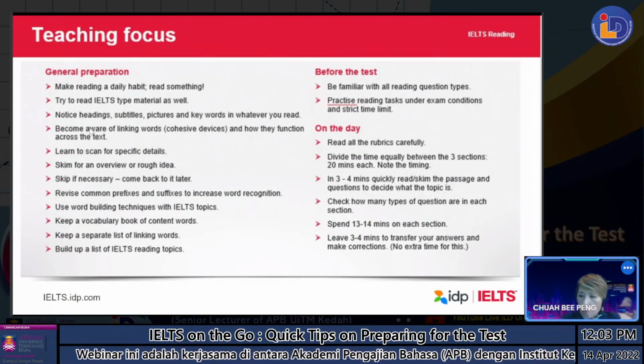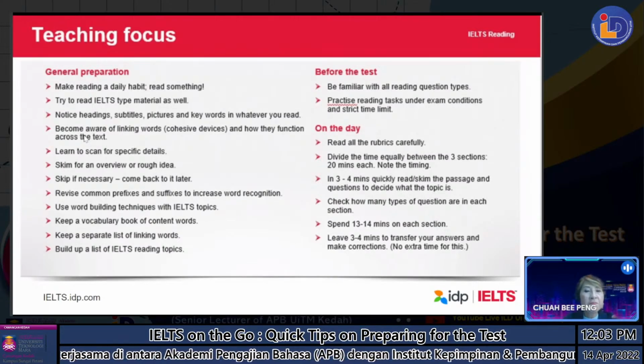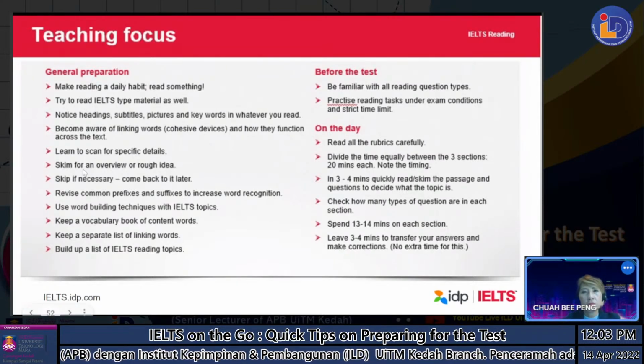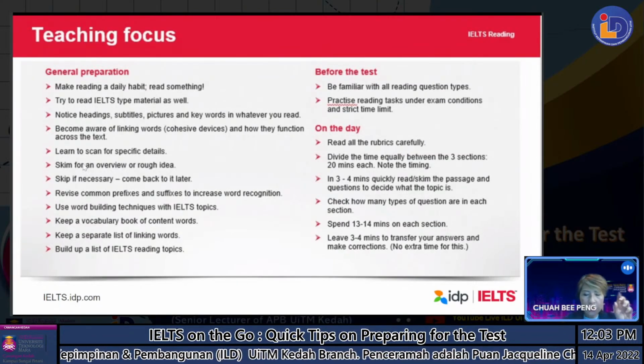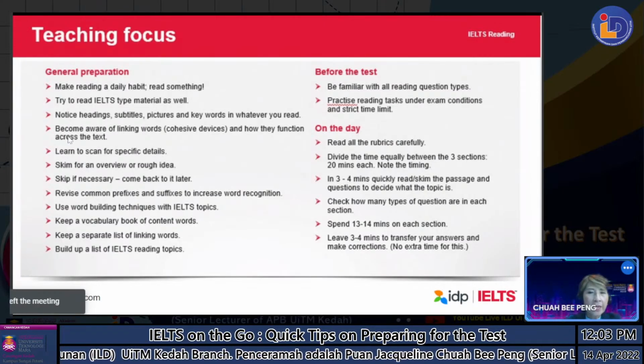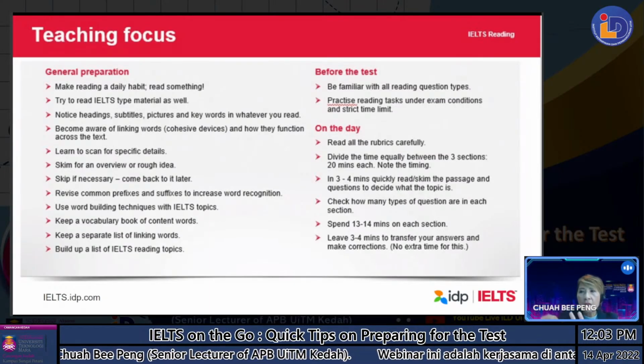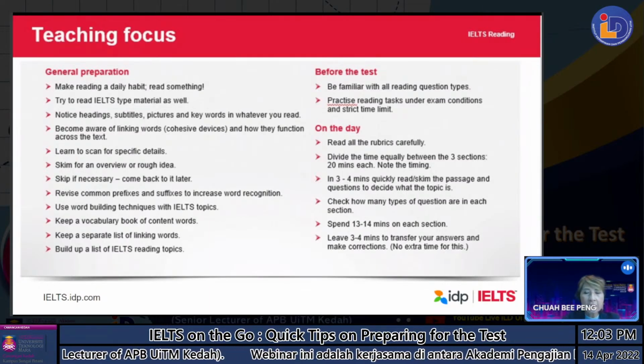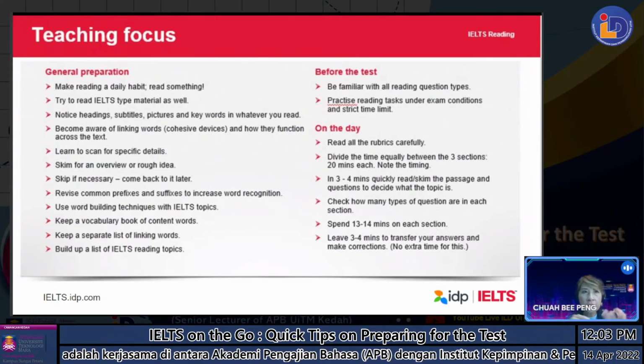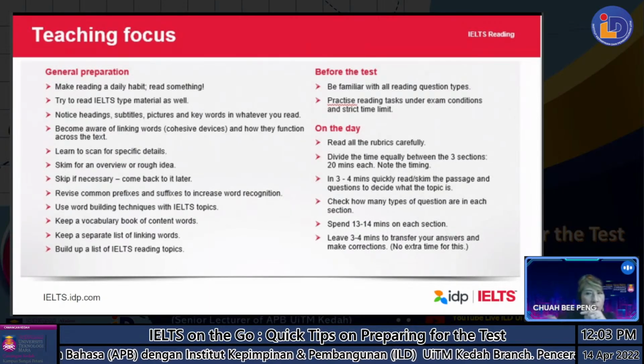That means you look at words or phrases that appear many times in a passage, again and again. That would also tell you that it is important. Become aware of linking words and how they function across the text, especially words that signal a change in the argument. For example, they say yes in the first instance, and after that say however, then you know that this is something different already. They're saying something opposite. So you have to be aware of all these changes or transitions in the text.